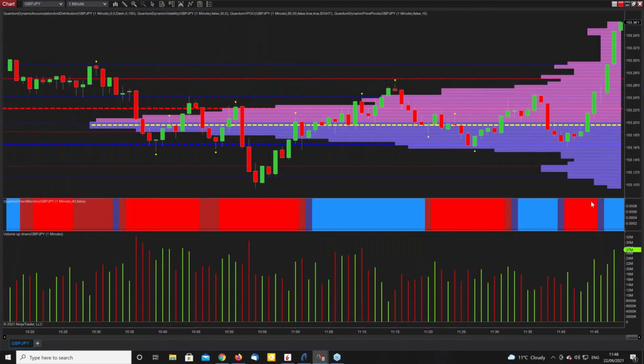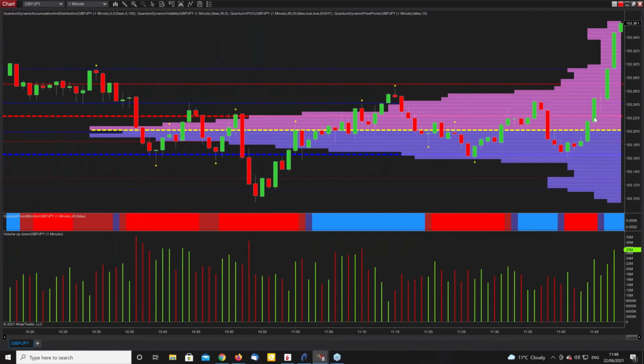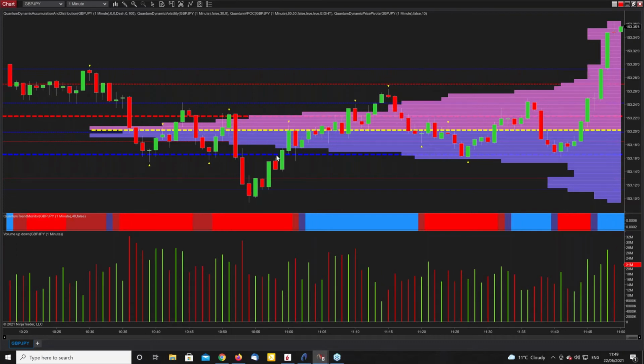Moving up to the low volume node here, coming out of all this congestion. We broke through. This is the other facet which I've highlighted many times before as well. When the price action builds around the volume point of control, if you're on Ninja or you're on TradingView, what you will often find is you'll get these channels of support and resistance with the heavy dashed lines. So it gives you really clean levels to where you might put a stop loss, well below here, and you've got all this as comfort in terms of the move higher.